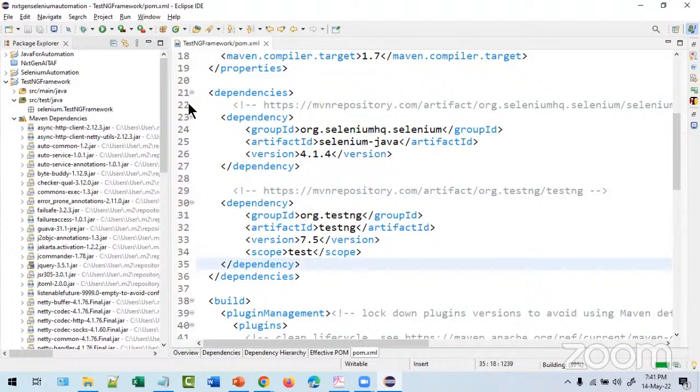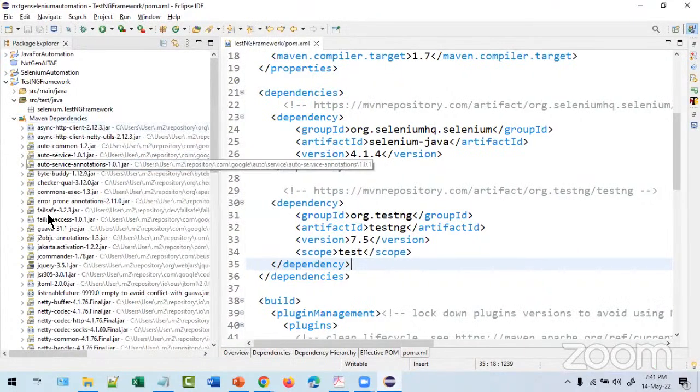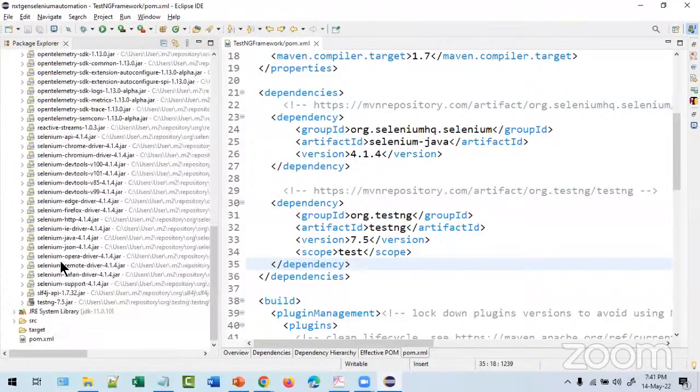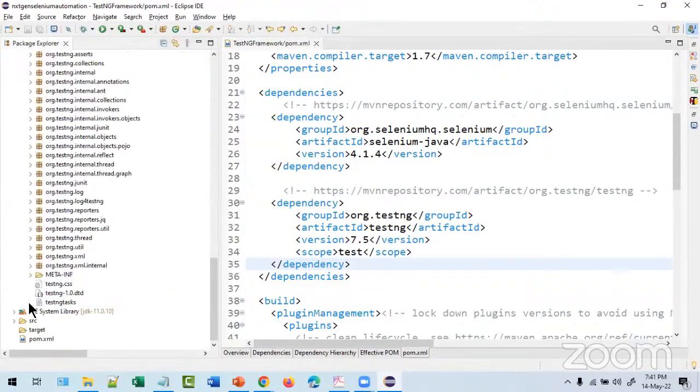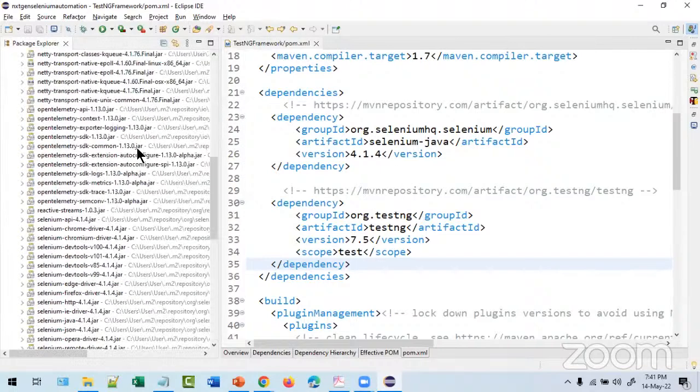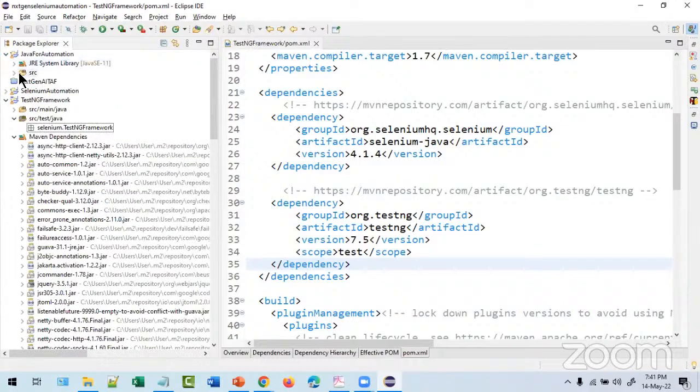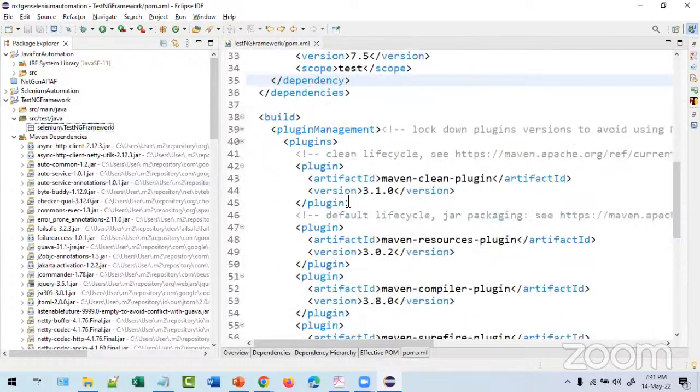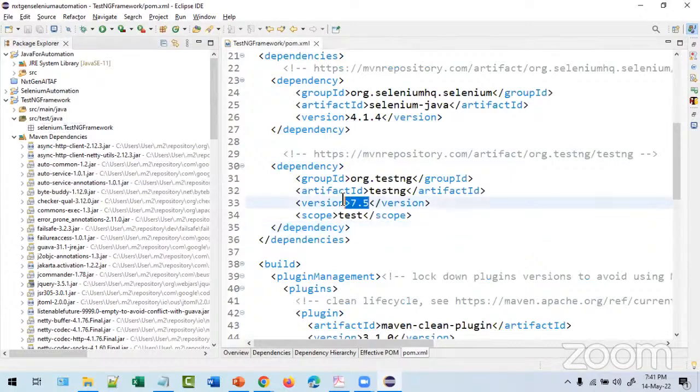Okay. Now you see Maven TestNG. Is there any TestNG? Mostly at the bottom. 7.5 version. All TestNG related files. So what is the biggest advantage if we use this? Tomorrow, the Selenium version will be 4.3, 4.4. If we created a Java project, what do we have to do? We have to do it manually. Such a hectic task. Suddenly, TestNG like 7.6 or else 7.5 is having an issue. I want to use 7.4. Doing it manually is very tough.